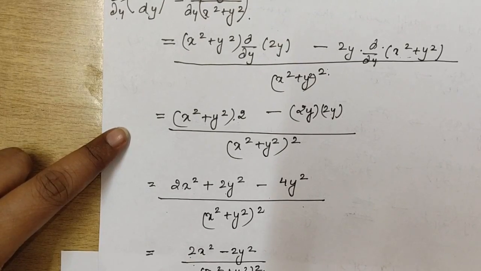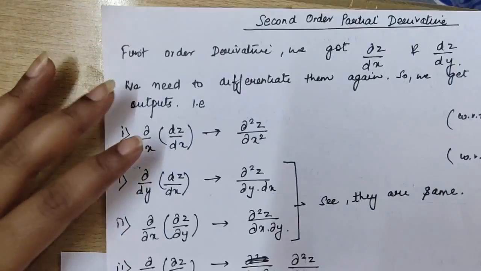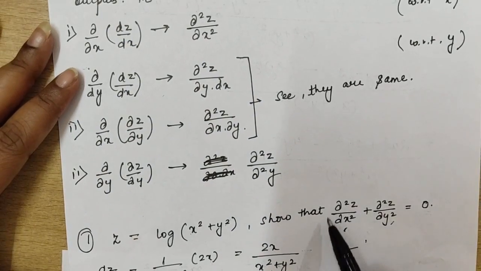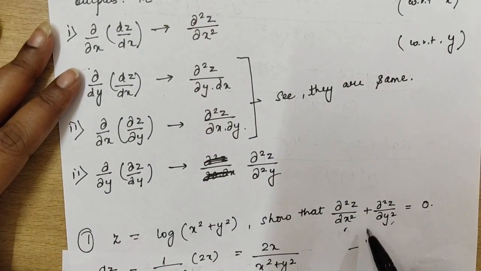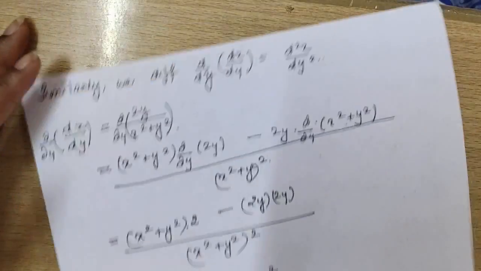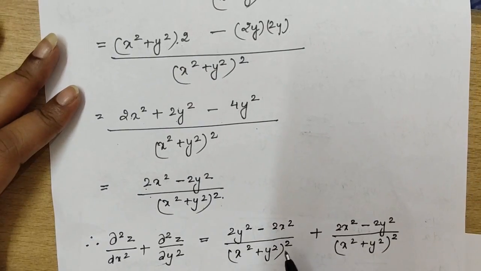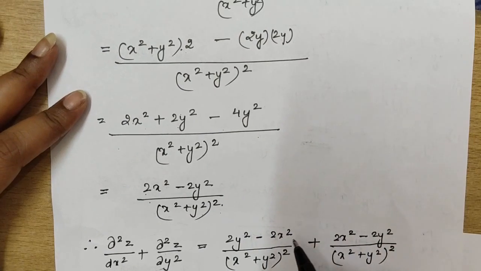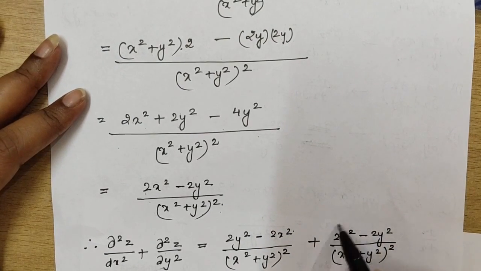This is the result. But the question says that you have to double differentiate it, and then you have to add and find out that this is equal to 0. So we do the next step. Whatever result we have got in the first step plus the result in the second step,